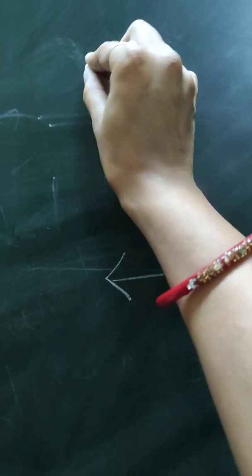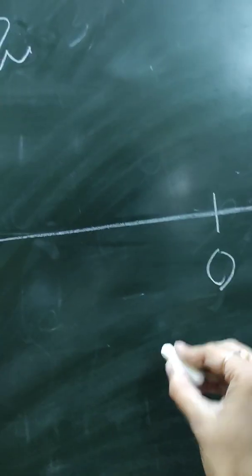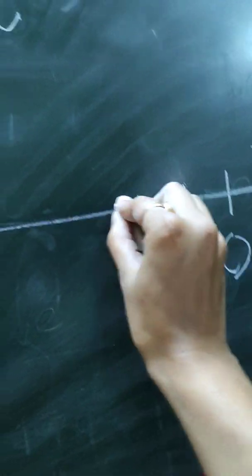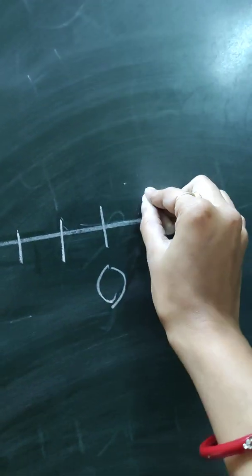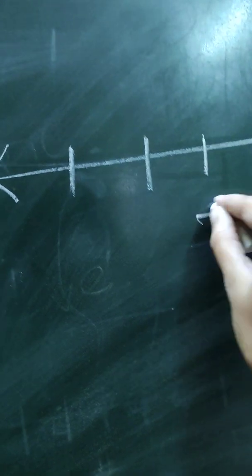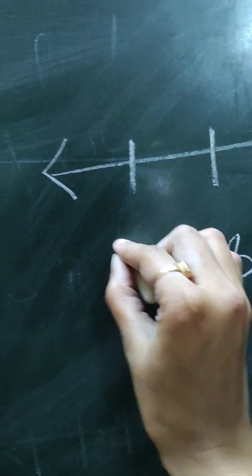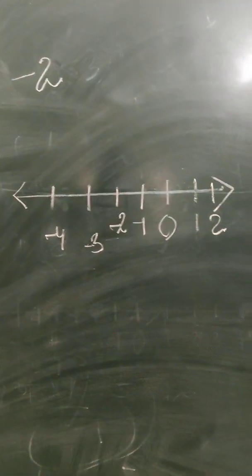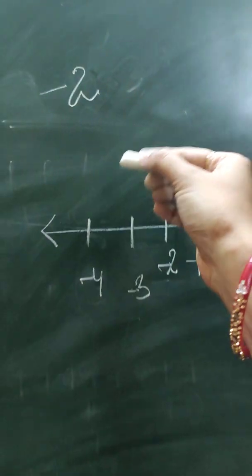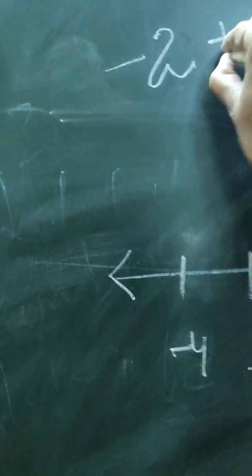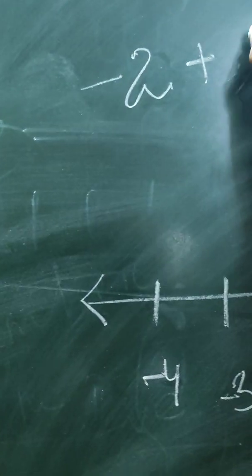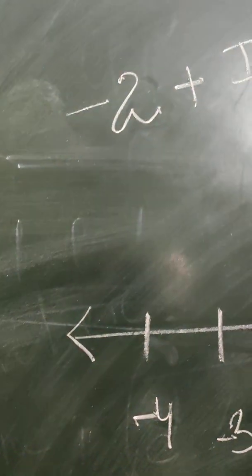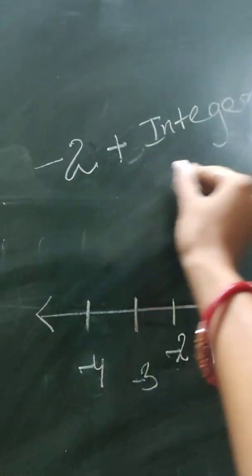Always remember, whenever you have been given a point to be plotted on the number line, the first step is to plot the point. For example, I have been given a point like -2. So I will immediately mark it accordingly. So this is -1, -2, -3 and -4. This is 1 and 2. Once I have done this, for example, if I have been given another integer to be added, suppose -2 plus any integer, any integer I have just added to minus 2.